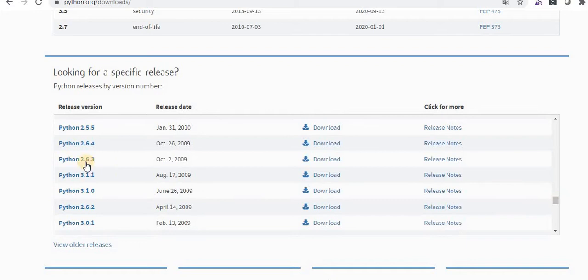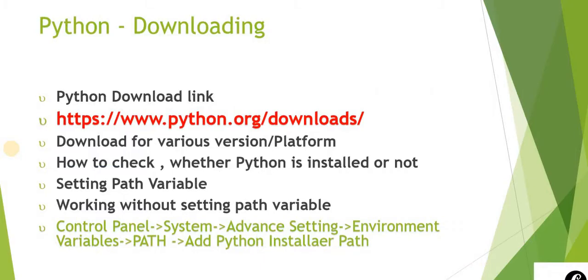Whatever you need, you can click on it and it will be downloaded on your machine. Once it's downloaded, you just have to click on it. It's a simple exe file. Click, and then it will be installed. In between, it will ask for setting the path. If you have selected that checkbox, then it's okay. Otherwise, you have to make some changes for setting the path variable in the